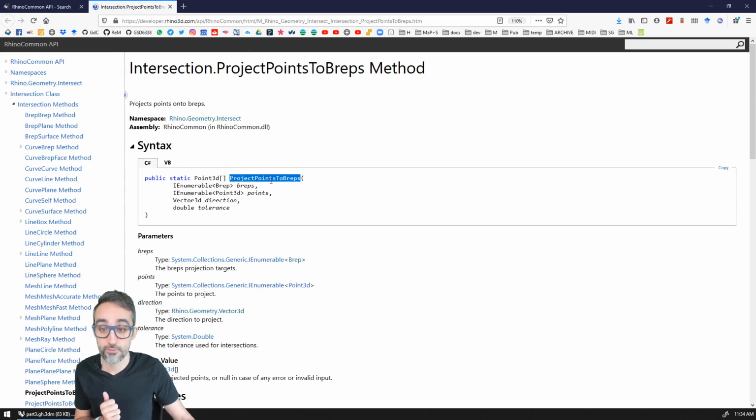So we have project points to B reps. It gives me an array of Point3D as opposed to an array list. It's a static method, and it needs a list of B reps, a list of points, and direction and tolerance, which I think we all have. This is the main reason why